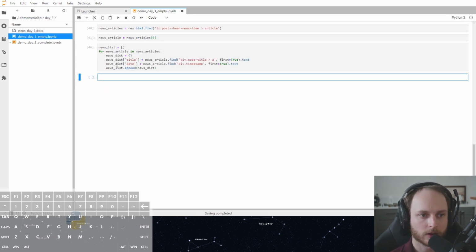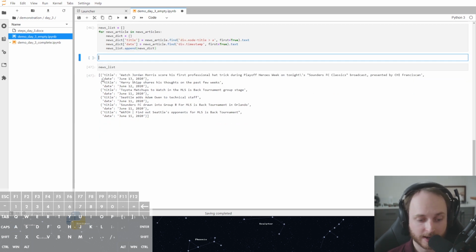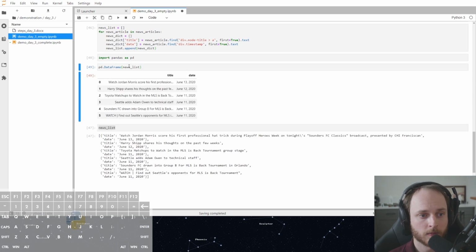And then if we look at our news list, we now have a Python object that very neatly has our title and our dates. And if we wanted to even put this into a pandas data frame, it would be very easy because we just import pandas. And then we can just put this in here. And because of the way we formatted this, Pandas will automatically be able to figure out what the column names need to be and what have you. So we run this and we now have a nice Pandas data frame that has the title and the date,